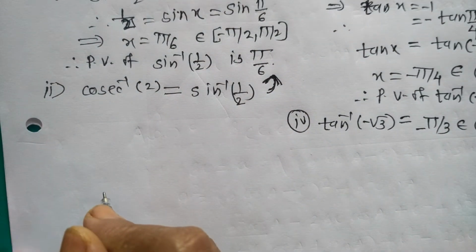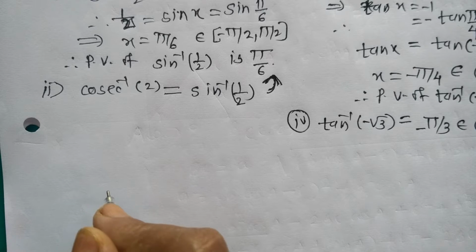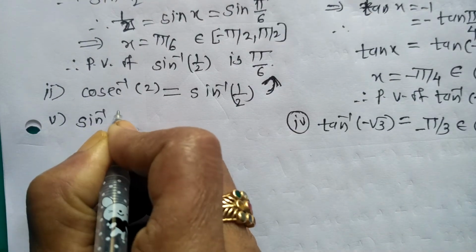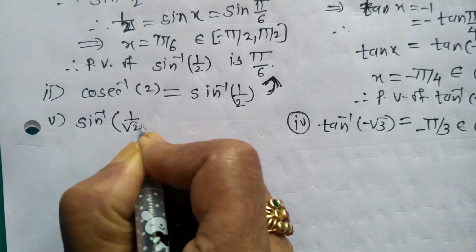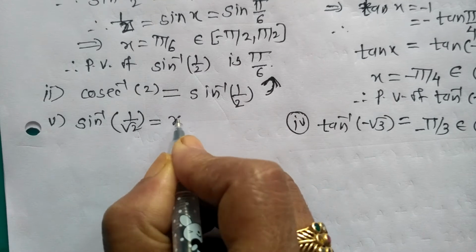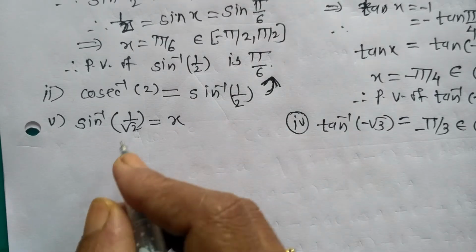Now we take the next question. The fifth question is sine inverse 1 by root 2. This is a very easy question. Again, the same principal value branch, as we take sine inverse half, is equal to sine inverse 1 by root 2